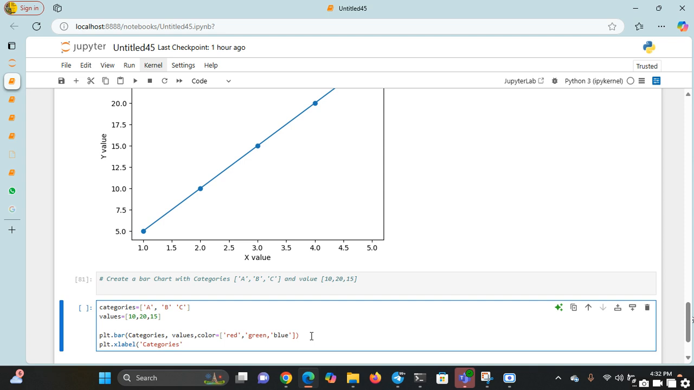So that will be this. You have categories, x label first. The x label will be for categories. Then the y label will be for,